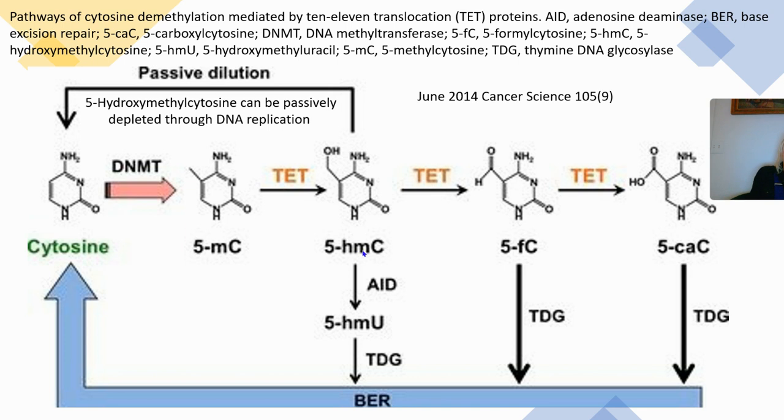Okay. Now, each of those can also be modified through base excision repair. Okay, so there's 5-hydroxymethylcytosine. This enzyme AID, which is activation-induced deaminase, will make 5-hydroxymethyluracil. Then that TDG enzyme, remember thymine DNA glycosylase, will then repair that entire locus and bring back the cytosine residue. And that can occur with the hydroxy, the formyl, and even the carboxy. Same enzyme.